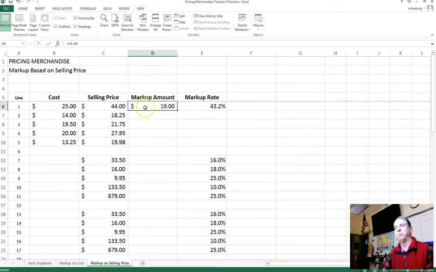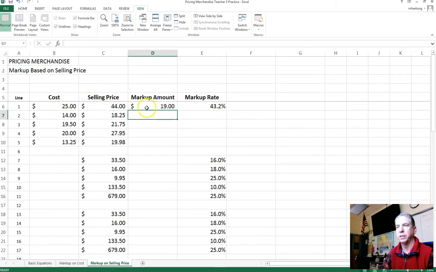So we have an example here. Let's take a look at this. First of all, we can calculate the markup amount. We have a cost given to us, the selling price, the markup amount, the difference between selling price and the cost. And so that formula is right there. We have taken, in this case, C6 minus B6, which is the selling price minus the cost,